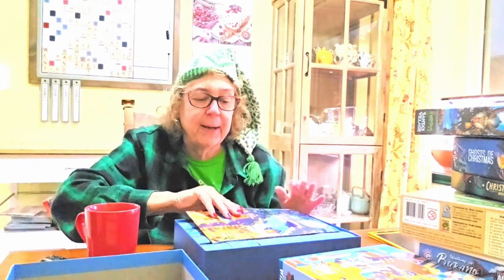Which, I mean, that's kind of the concept of advent calendars, is you get an advent calendar and then you bring it out and load it up and use it every year. But yeah, this is nice. I'm enjoying this a lot. It is 1,008 total pieces,